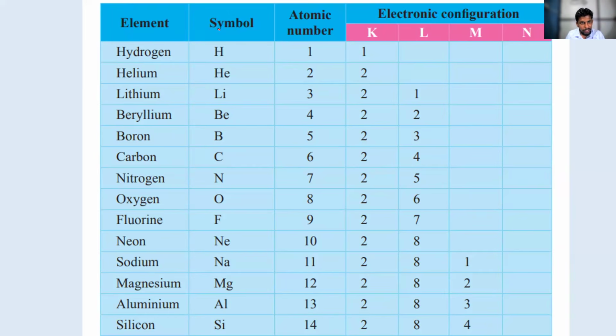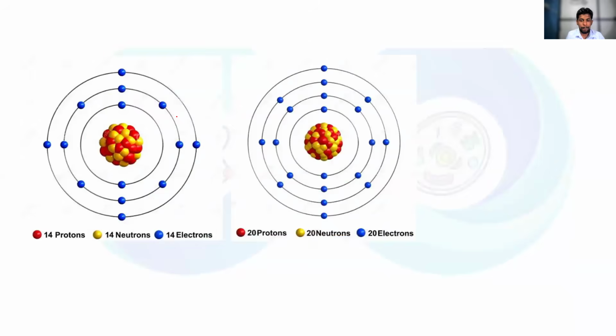So here, these are the electronic configurations for the first 20 elements, but I have explained only 7 elements. Okay. Now,